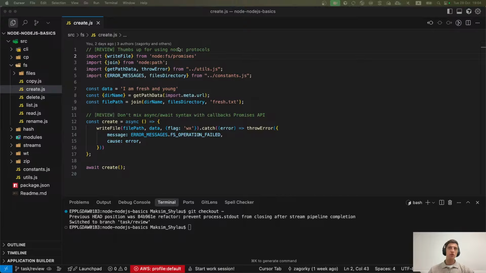When you use the node protocol for import, it's immediately clear that this is a built-in Node.js module that you import, and given how many of them now exist, that's useful information. So this is the recommended way to do it. No objections, just a thumbs up for this way of importing.